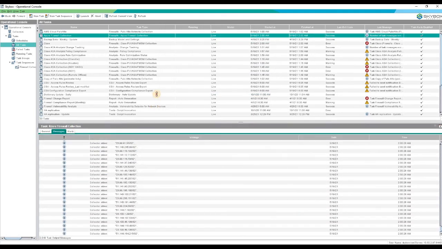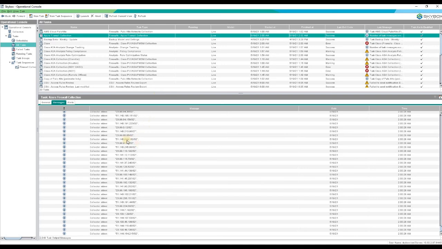Once the data is pulled from the Azure portal, it will be shown here in the messages area. With this, you have now completed the integration of the Azure native firewall into the Skybox manager.